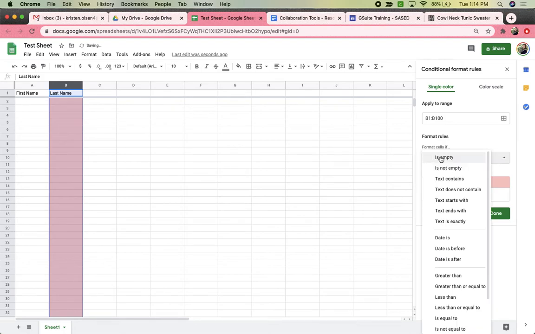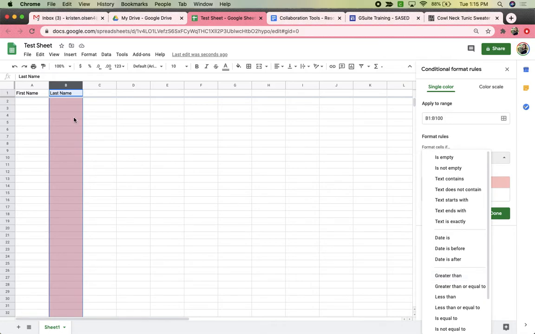And you can see here that you can change all of these different rules. So if a date meets a certain category, if a number meets a certain criteria, you can have that in here. So as you're collecting data maybe about your students and you're collecting quantitative values, you can set it automatically. If it's above, say, 90%, then it might be colored green. If it's between 80 and 90%, it might be yellow. And if something is below 80%, it might be a red, so that you can visually see when certain conditions